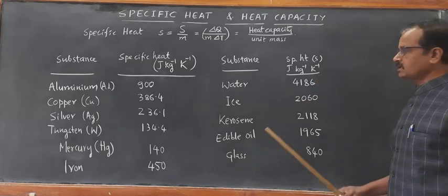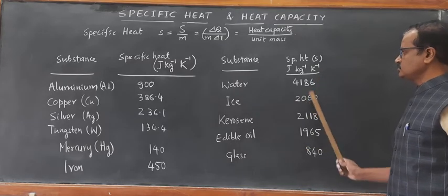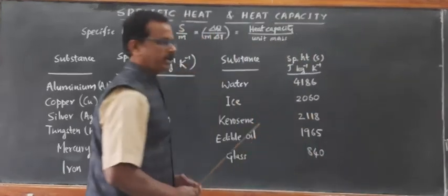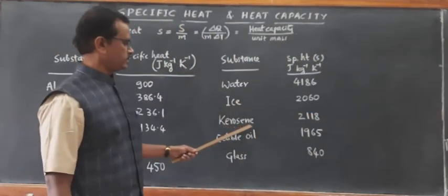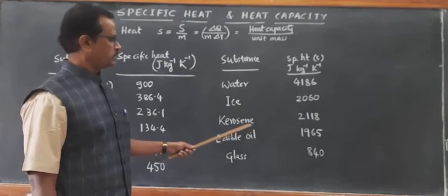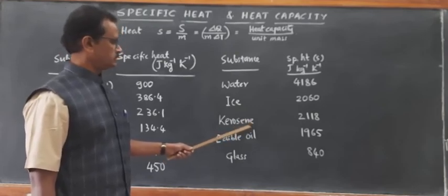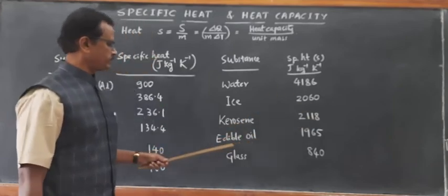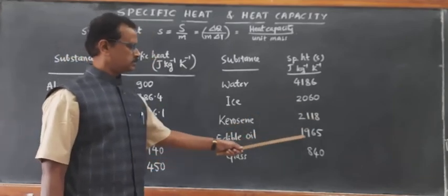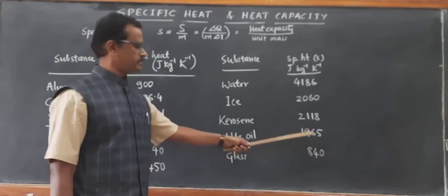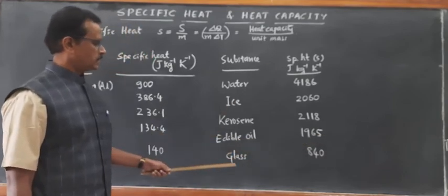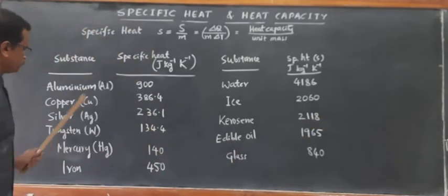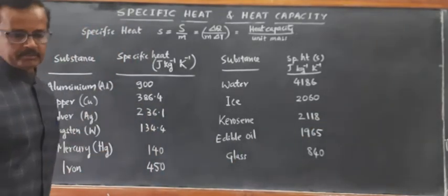4186 joule per kg per Kelvin, ice 2060 joule per kg per Kelvin, kerosene 2118. Kerosene is a fuel, as you know. It is also a kind of oil. Kerosene 2118 joule per kg per Kelvin. Edible oil 1965 joule per kg per Kelvin. Glass 840 joule per kg per Kelvin. Out of all these, if you look at the one which has the highest